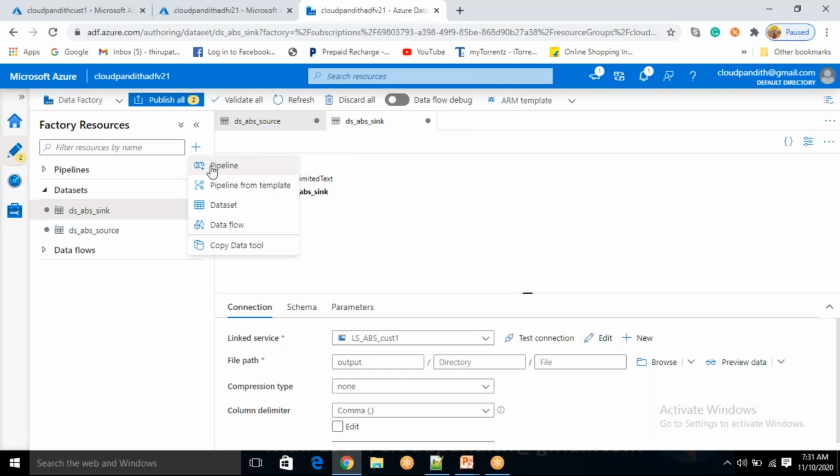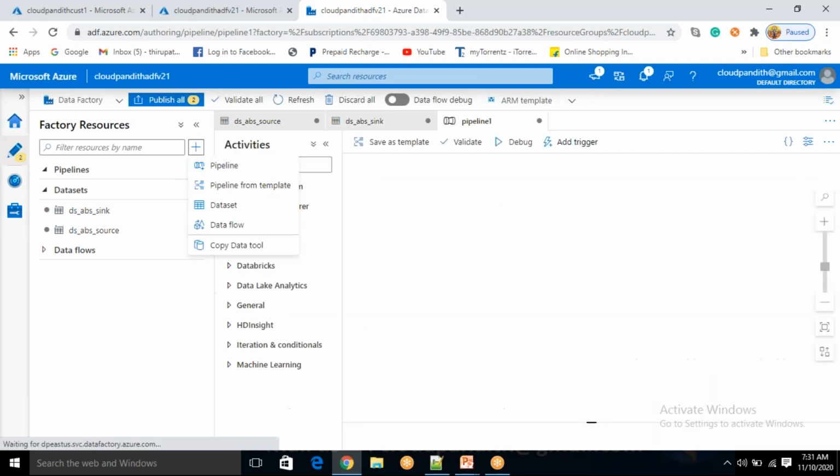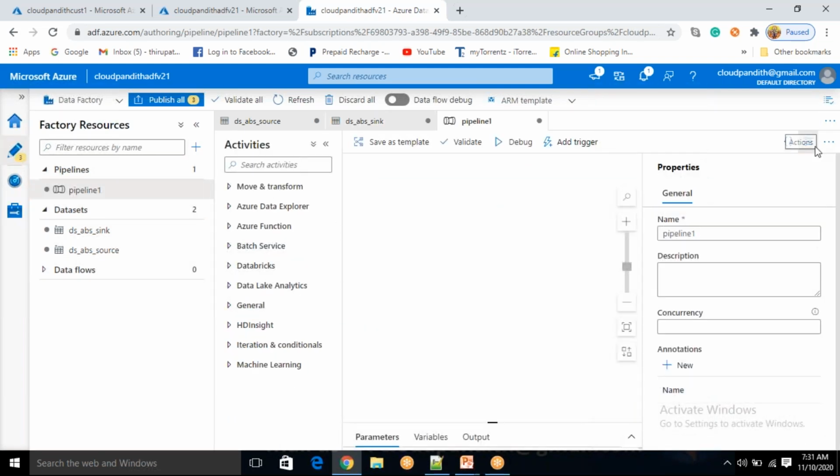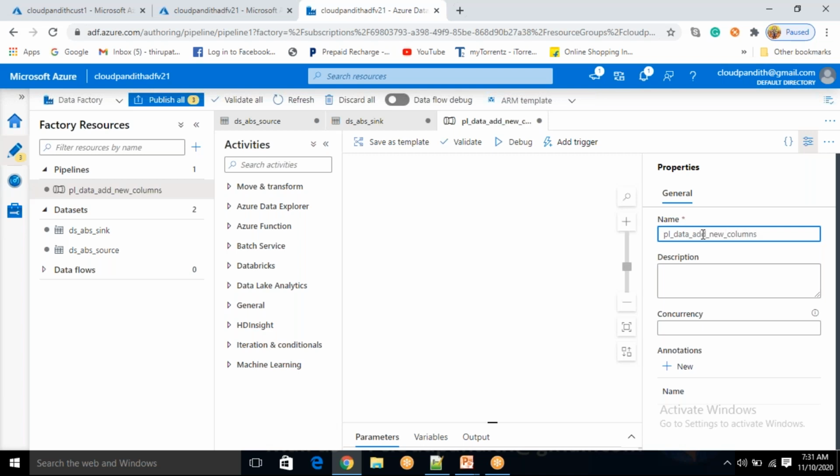Now just click on this pipeline, create a pipeline. This is the pipeline name I will say: PL data add new columns. The first thing we'll do is add new columns in this pipeline.